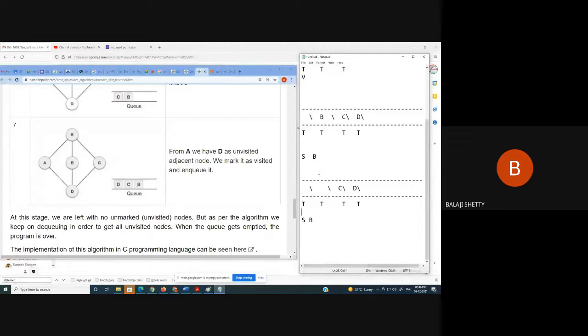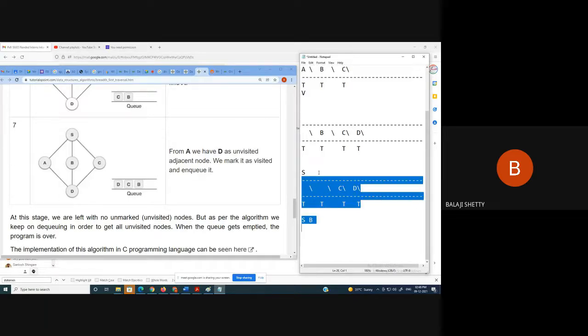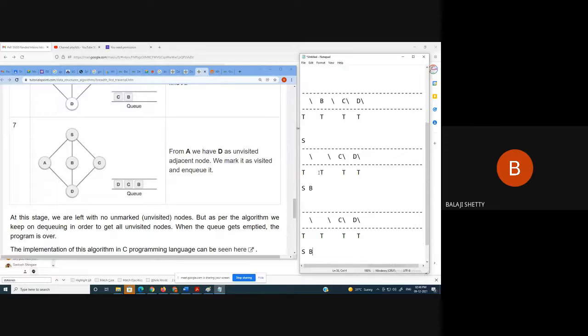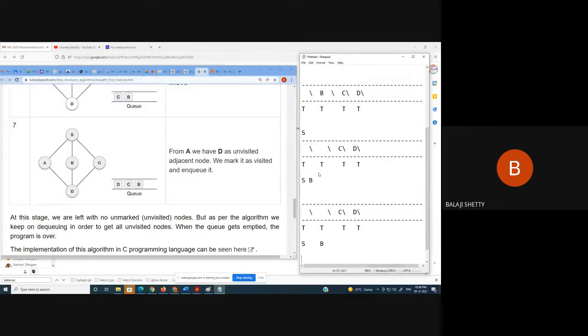The moment I delete B, it should be S, delete. Okay, now it is correct. Fine? S, B. What will be deleted next? C will be deleted, right? Yes or no? Now here I delete C. Delete C.